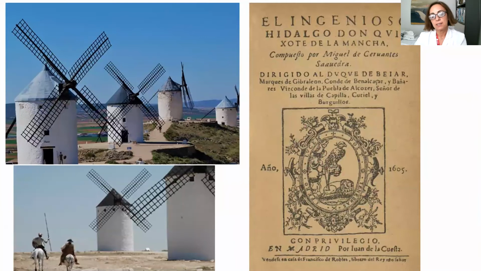Let's move to the next part of my talk, and let's move to another place in Spain, La Mancha. More or less in the center of Spain, it is the land of Don Quixote and Sancho. It's an amazing book, like a treasure. Don Quixote de la Mancha was written by Miguel de Cervantes. I recommend you read it because it's full of adventures and very, very nice.